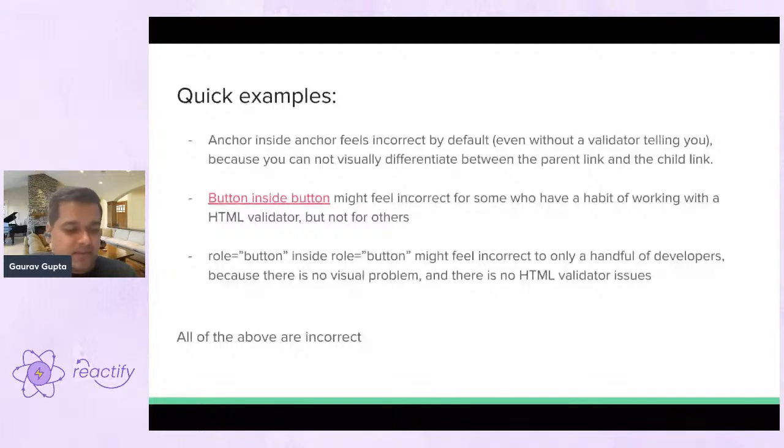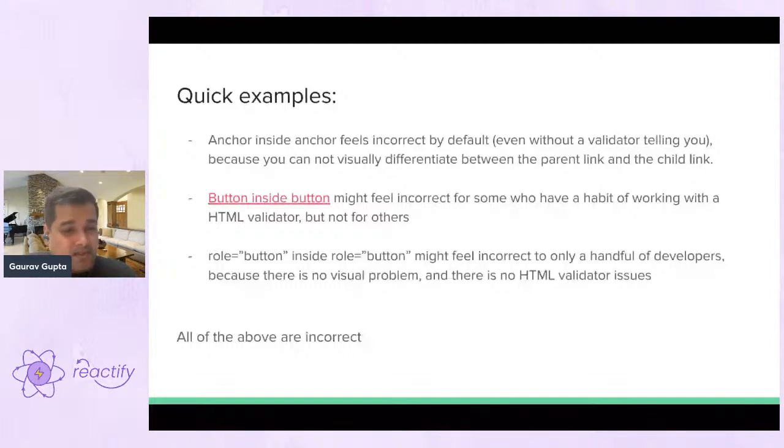But in some cases it's actually difficult for you to say by intuition whether something is right or wrong. So for example, button inside button might feel incorrect for some people who have a habit of working with HTML validators, or who already have some context about accessibility. But for newer developers, it might not mean anything. They might be nesting button inside button, especially with component based frameworks where you do not know what the parent component markup looks like, right? So